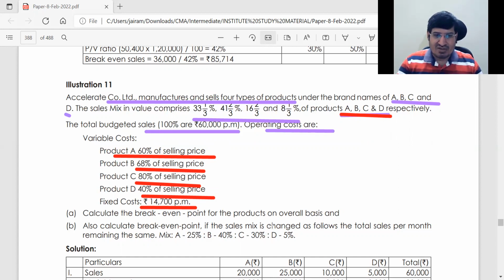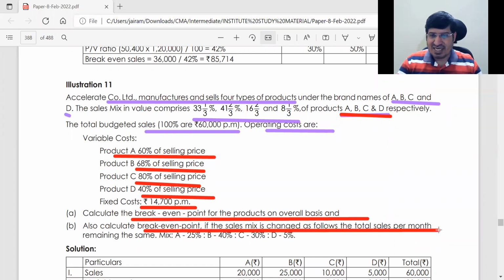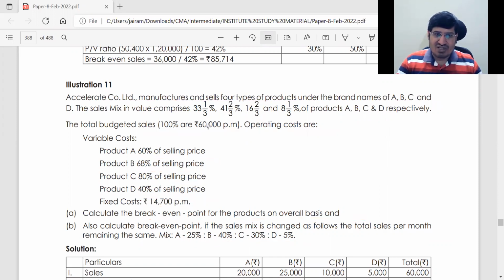Now calculate break-even point for the products on overall basis: fixed cost upon PV ratio. And also calculate break-even point if the sales mix is changed. This is your sales mix. Now just change it to this much, and then calculate break-even point. The problem is very straightforward. So now just tell me